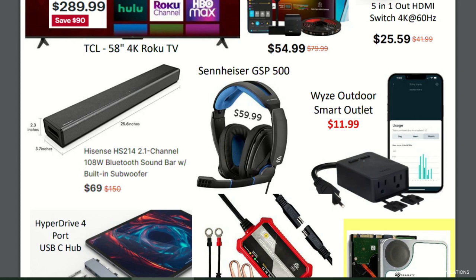You're not going to be disappointed with a pair of Sennheiser headphones. Their stuff is just absolutely phenomenal. Check that out. Next up, I know Spence has got a bunch of Wyze products,